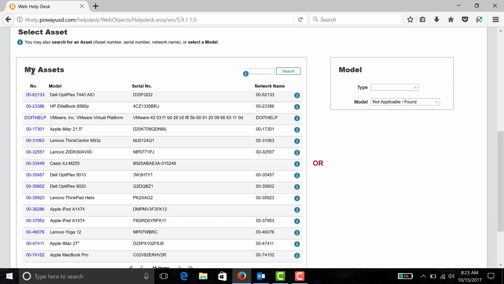Down here under My Assets, not necessarily these are the assets that are assigned to you, it's just the assets that you have logged into. So most likely the computer that you're working on is in this list. If not, you can always search for it using the PUSD tag number